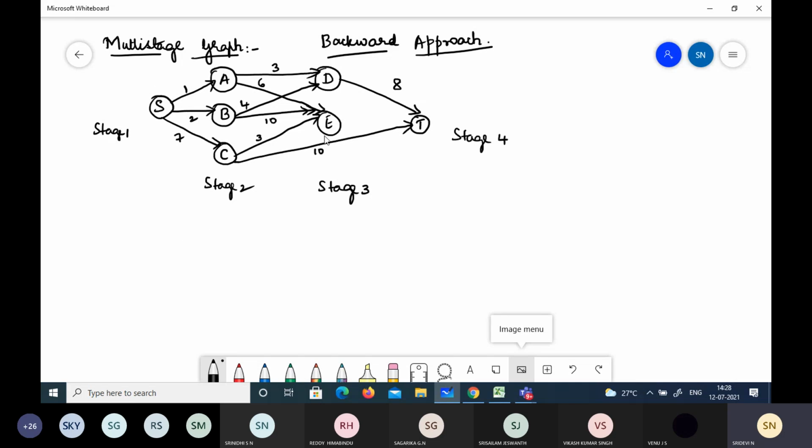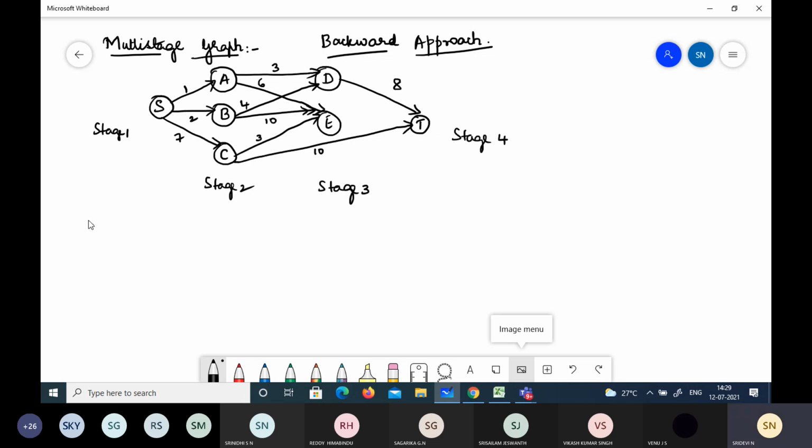This is an example of dynamic programming, where we move on by making a sequence of decisions. The graph is in the form of stages, and each stage takes a decision. We will take up the backward approach first, where we start from the sink, or the terminating node.